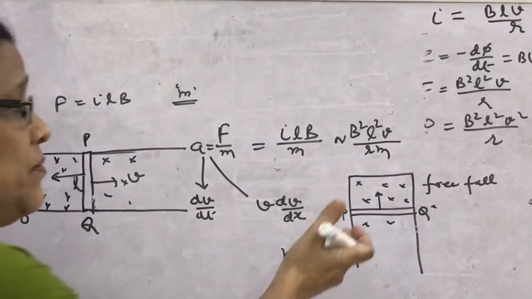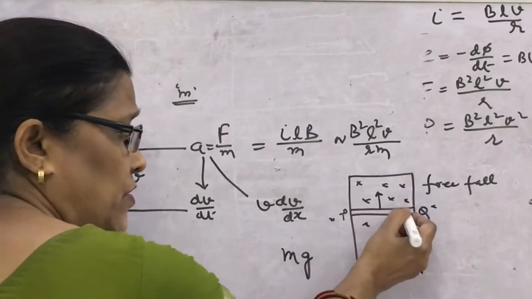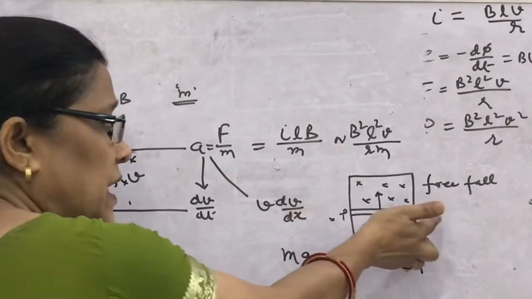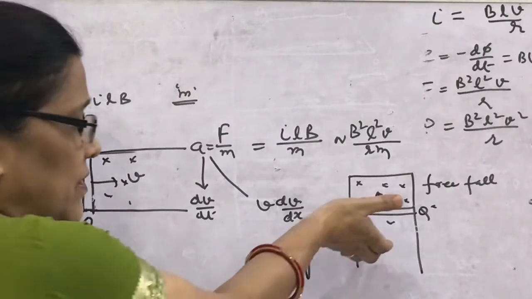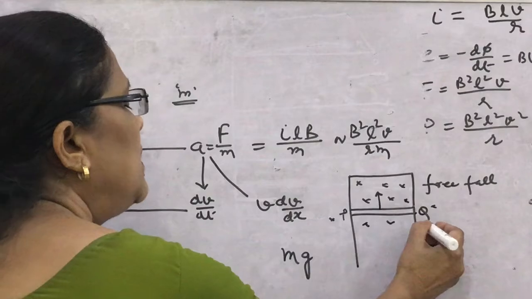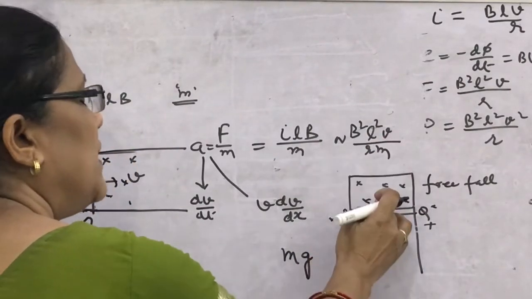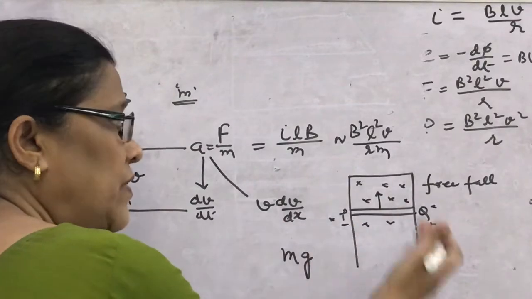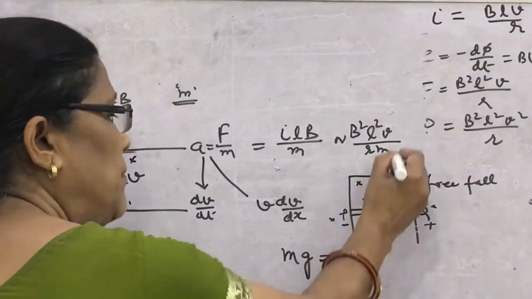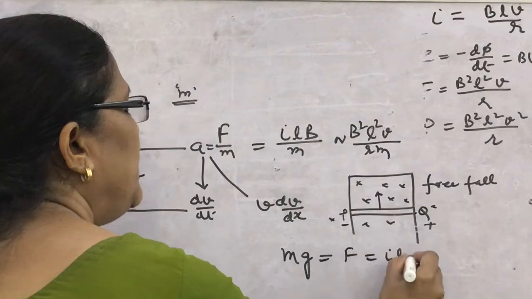And we have seen, if the rod is falling due to its weight, this force F equal to BIL will always act in the opposite direction due to motion of the rod. Again it will become like this cell, and if the rod is coming downward, which end will be at the positive terminal? Look here, the Q end will be at the positive terminal. So this will be the direction of current, and you can find this will be the force ILB. You can write here that this mg will balance this F, that is ILB.